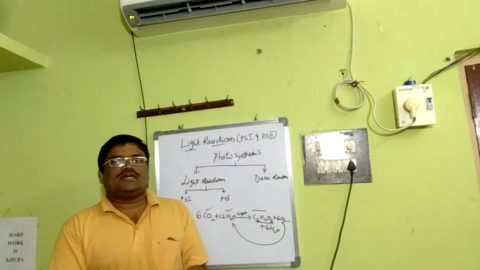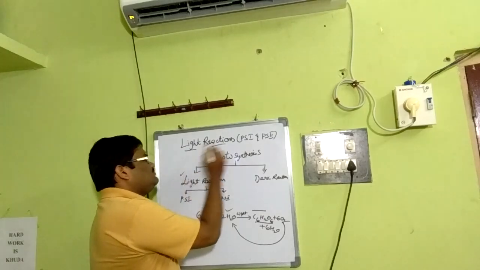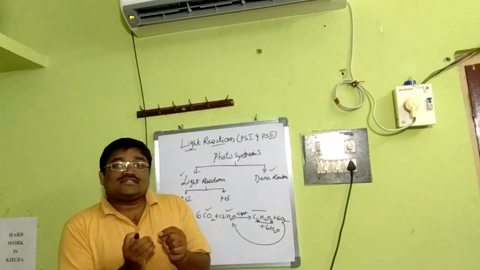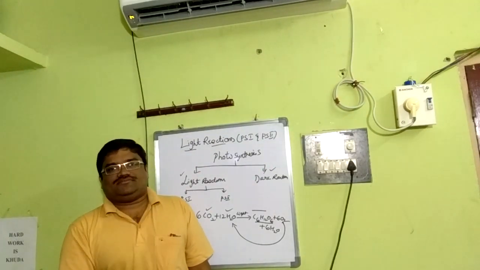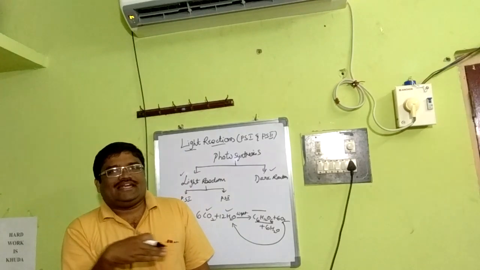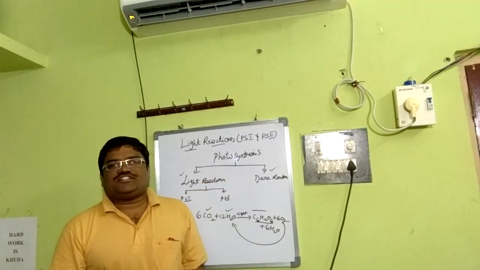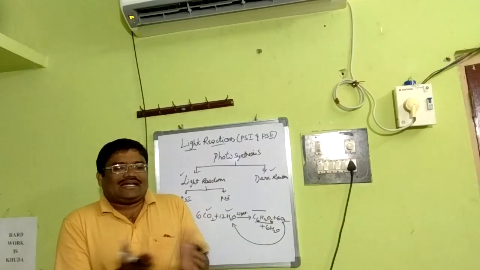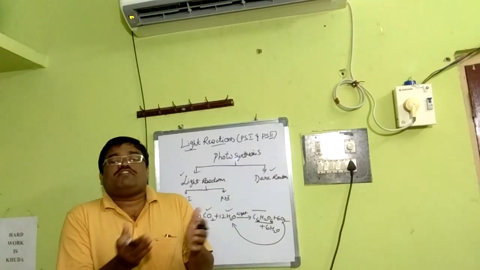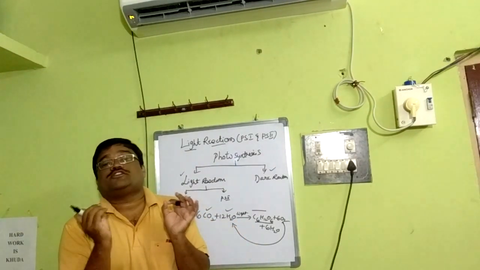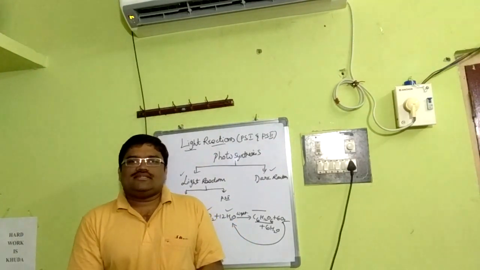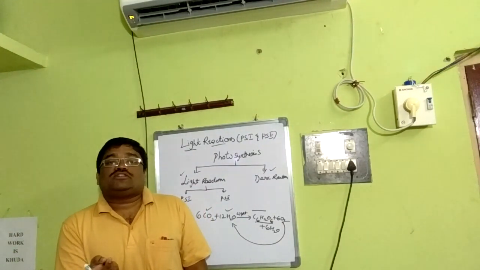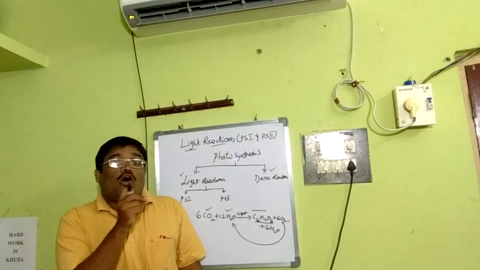It's all about basics. But the thing is, light reaction and dark reaction. Light reaction, as the name implies, is a process that has to occur in the presence of light, driven by light energy. What is dark reaction? Does it mean that there is no availability or utilization of light, or that it doesn't depend on light? Conventionally we used to think like that, but it's a wrong construing. What exactly does dark reaction mean? It doesn't depend on the light directly, but depends on the products of the light reaction.